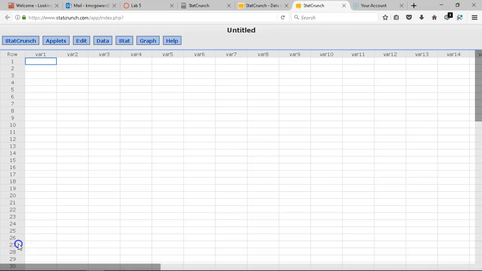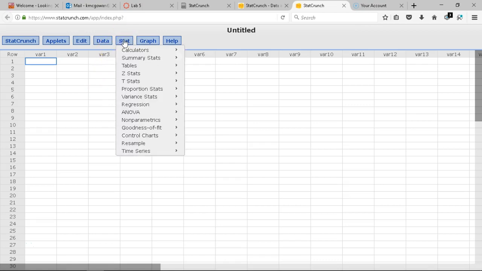This is the lab demo for Lab 5. We'll be working with confidence intervals. We'll start with proportions. Now what we'll be doing is going to the Stat menu, select Proportion Stats, one sample,